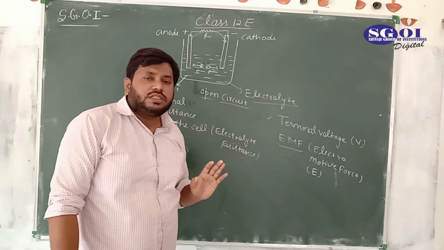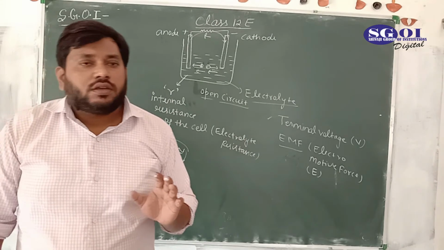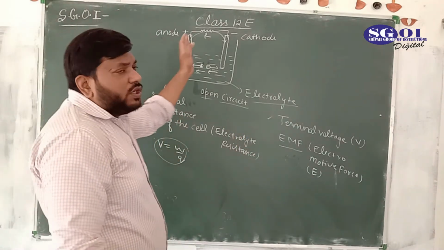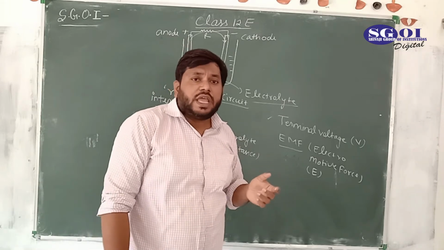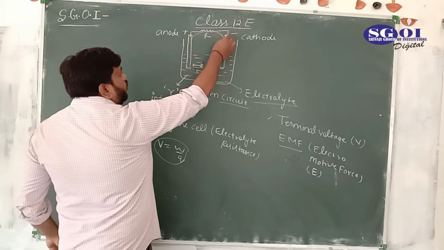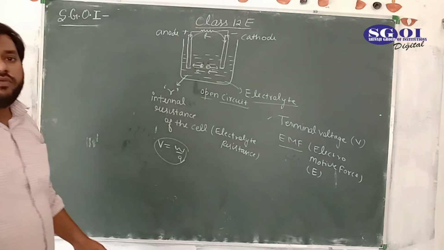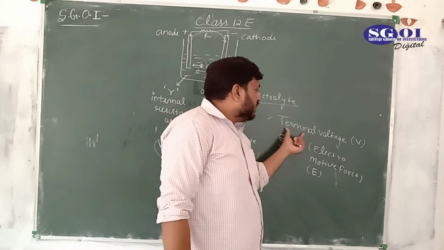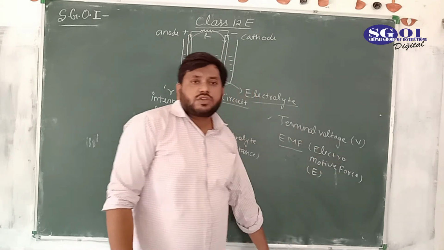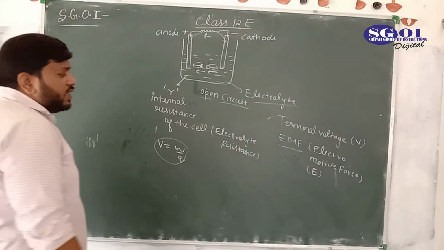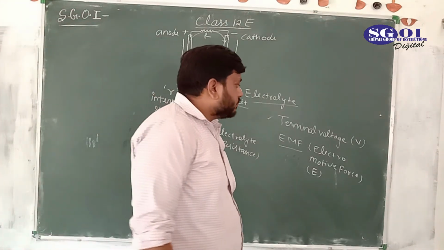So terminal voltage is the work done moving a unit positive charge from one terminal to another terminal. You can also say it like that, externally, but the important part is external. It means from here to here or here to here externally, from one terminal to another. The work done carrying a test charge from one terminal to another terminal externally is called terminal voltage. What is the relation between these two quantities, E and V? Okay.